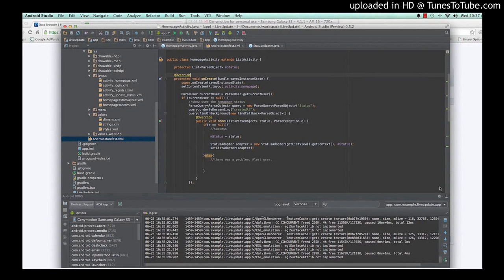So let me just go ahead and do this right here, and let's get rid of this now since you're confirmed. We're going to say current intent, go to detail view equals to new intent, and then I'm going to say start with from the home page activity, this, to status detail view dot class,